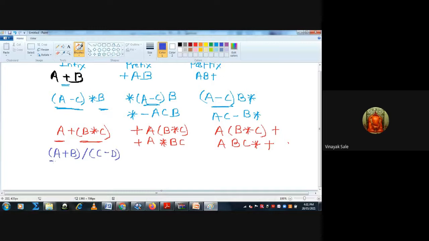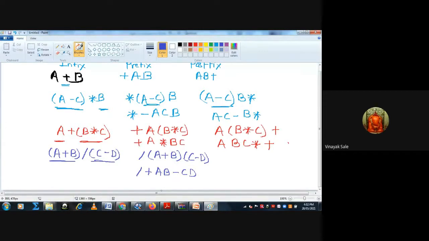This bracket is considered the first operand and this bracket is considered the second operand, so the operator, that is divided by, then first operand a plus b, then c minus d. Then solve this bracket: first plus, then a b, then minus c d.